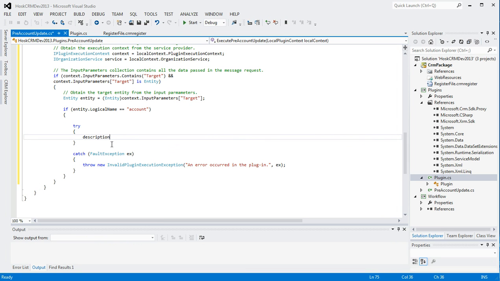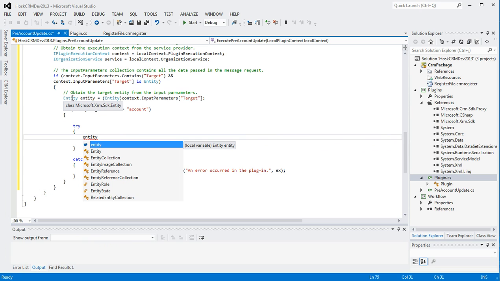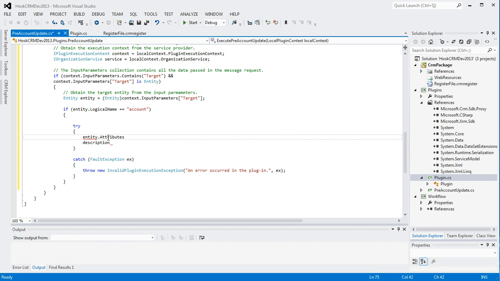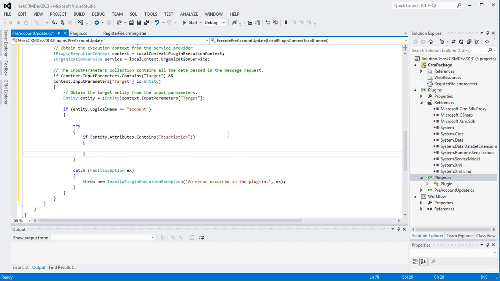So we're going to take this back here, and so we've created an entity object, and that's the name of the variable. When you access entities this way, they have attributes, and this is basically a sort of array of all the fields of an entity. And then you can use a thing called contains, and it says take a string, so if it contains an attribute called description,